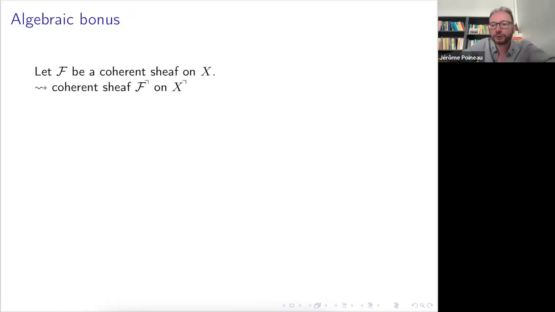You can always analytify coherent sheaves, and then you can restrict them to this open part we had and pass to the quotient. So the general procedure gives you a sheaf on the compactification and it's coherent. If it's built from copies of the structure sheaf at the start, it will be built from copies of the structure sheaf at the end.